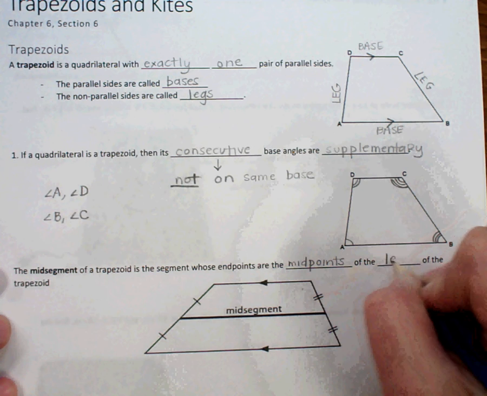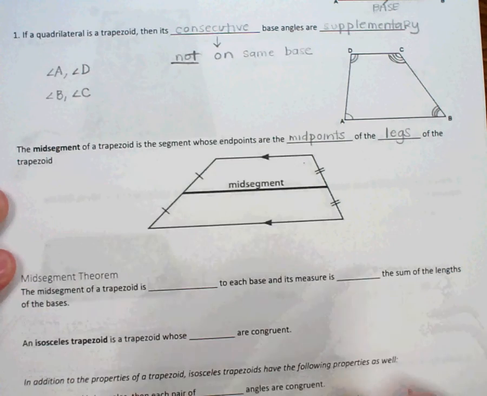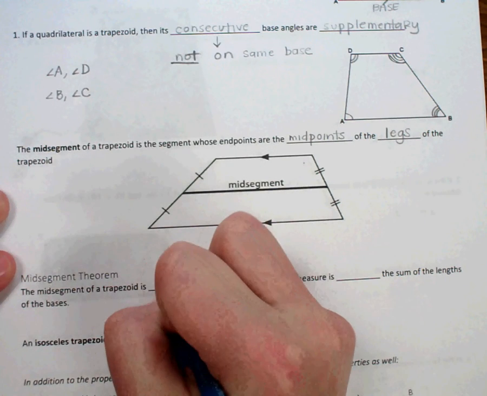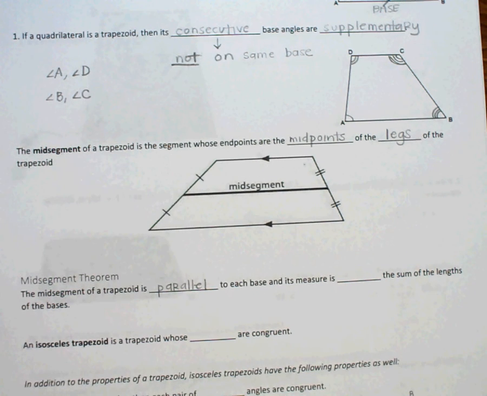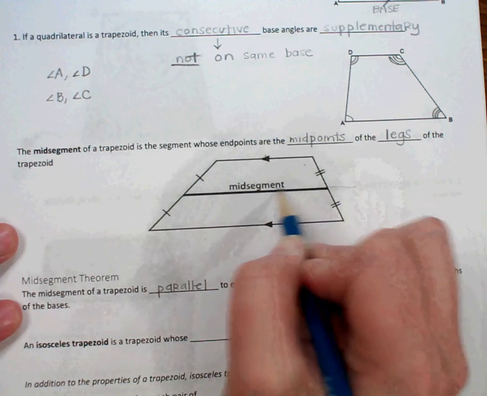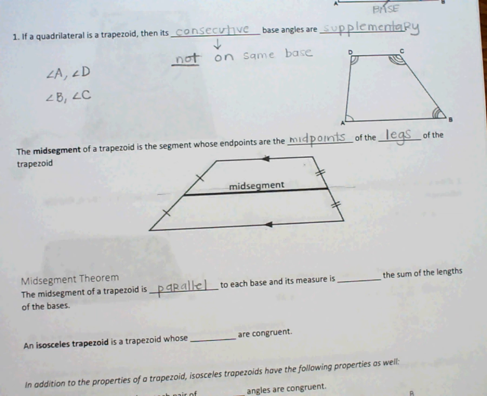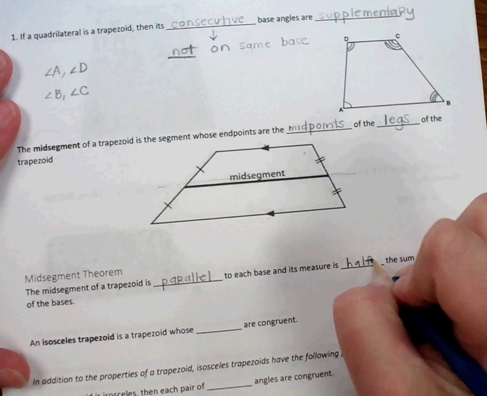of the legs. Now our midsegment is parallel to each base. It's kind of like cutting the trapezoid in half. If you were to fold from base to base, that midsegment is going to cut that trapezoid in half. And that midsegment is parallel to each base, and its measure is half the sum of the